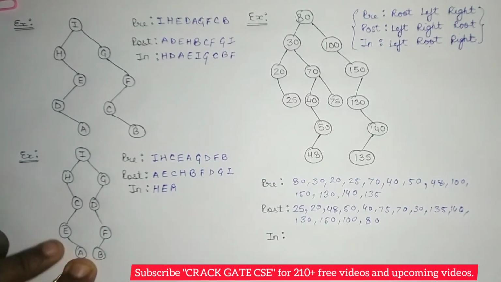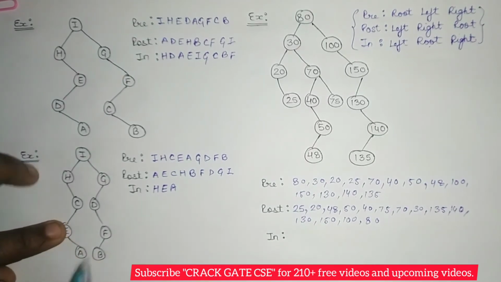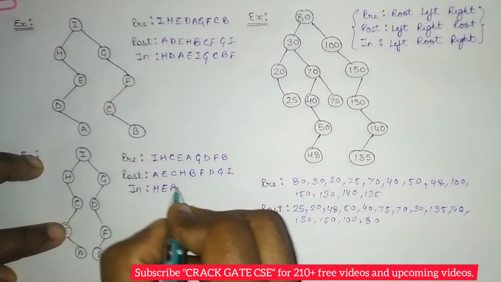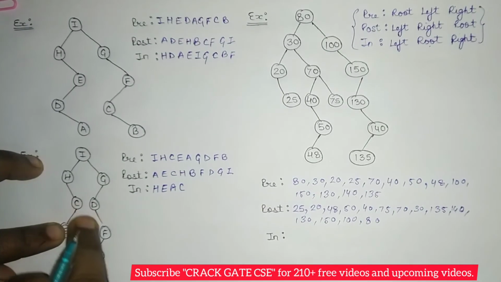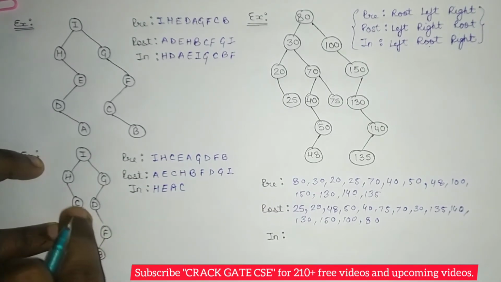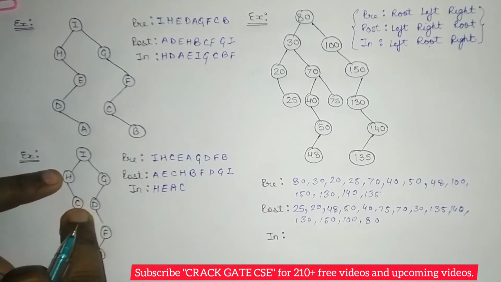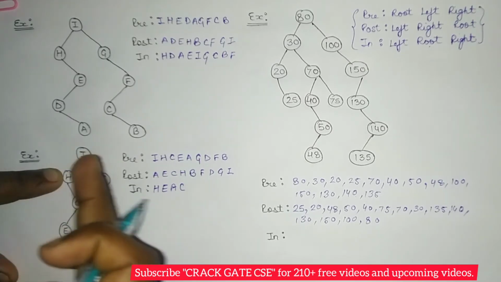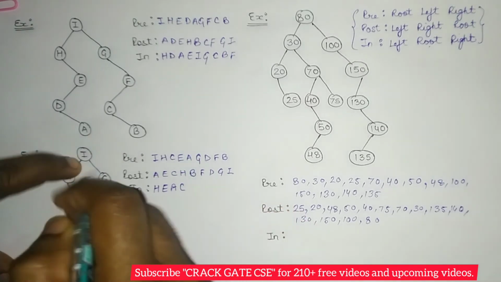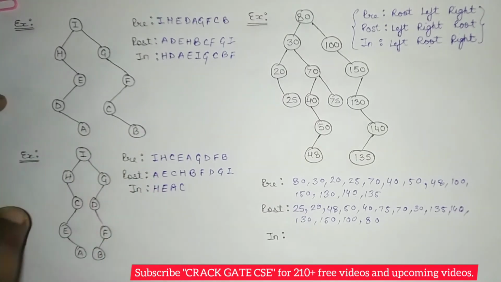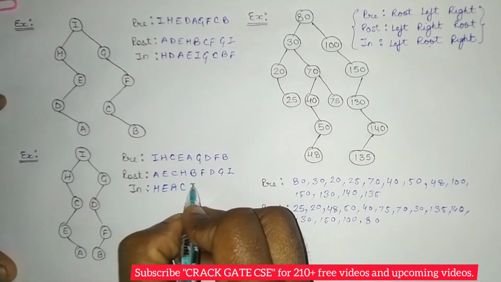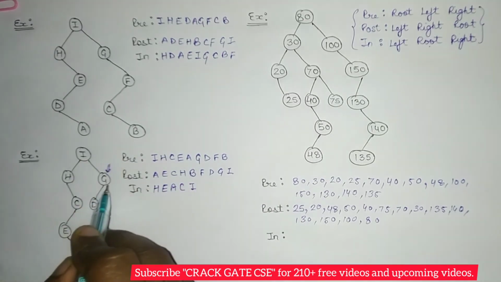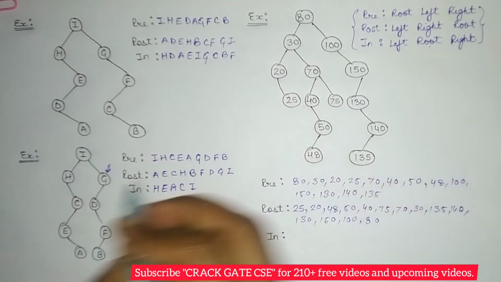So this A is done, the right is done, E is done. Now for this C, left is done, root is to be printed, that means C will be printed. Then we have to move on to the right, but there is no right for the C. And for H, left is done, H is already printed, and right is done. So we move on to I. So for I, this left is done, so now we have to print the root, which is I. Then we have to move on to this G. So once we are on this G, again check this in order condition, that means left.